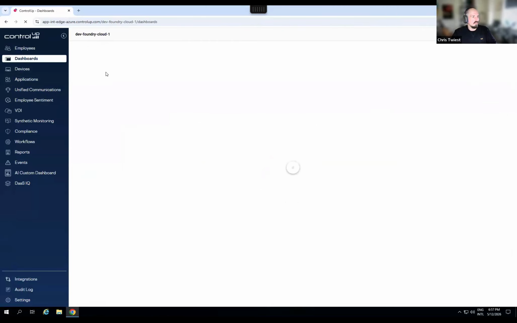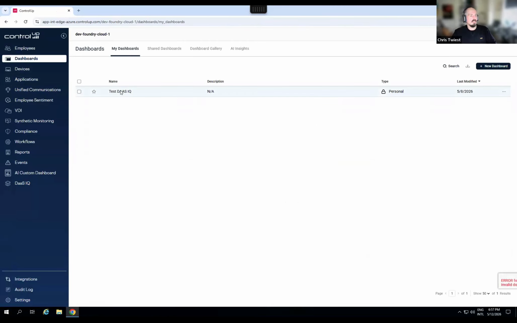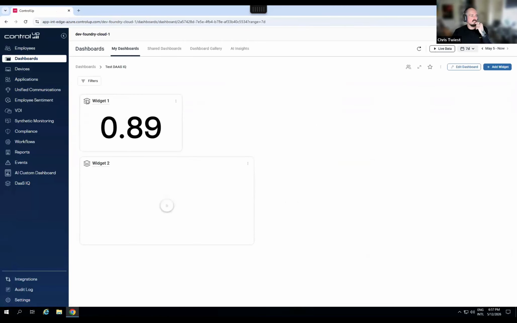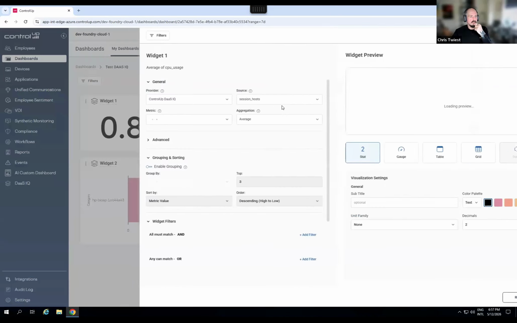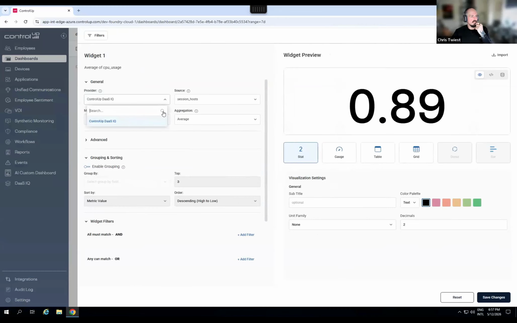If we go into dashboards, this is where I have my DAS IQ test dashboard. You'll see this is a different icon again. This is now the DAS IQ icon. Here we have tables from DAS IQ. I don't know if this actually has logon time. If it has, you can put it in too. But DAS IQ isn't about performance metrics, that's what all our other stuff is about.